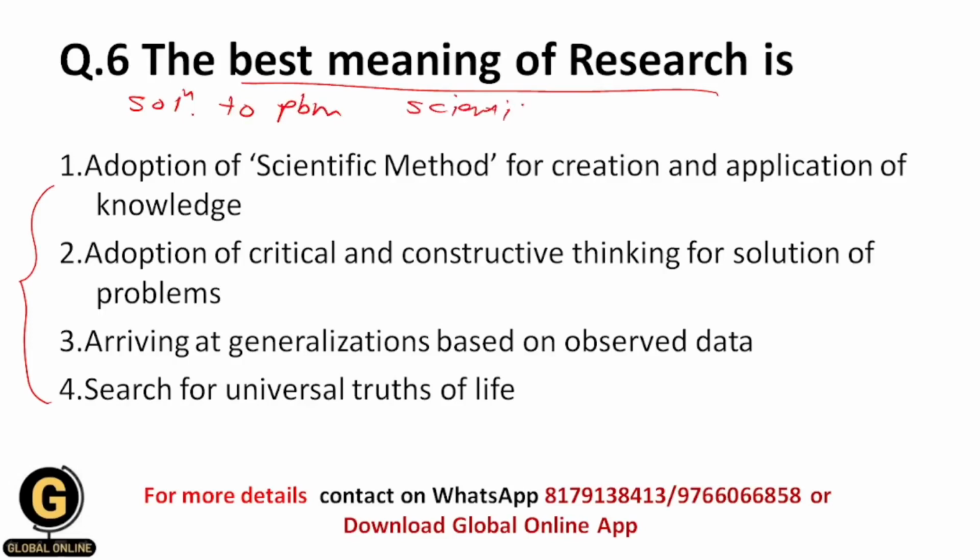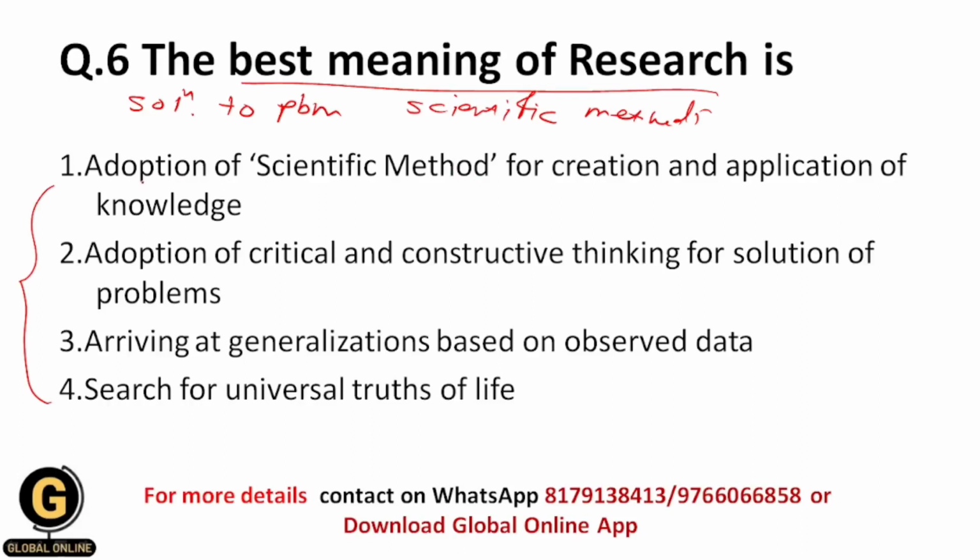Research involves many types of steps, and what do the steps include? The steps comprise defining and redefining problems, then formulating hypotheses, then collecting, organizing and evaluating data, then making deductions, reaching conclusions and carefully testing conclusions to determine whether they fit the formulated hypothesis. So all these steps come under research, and that's why it follows the scientific method for finding a solution to any kind of problem.